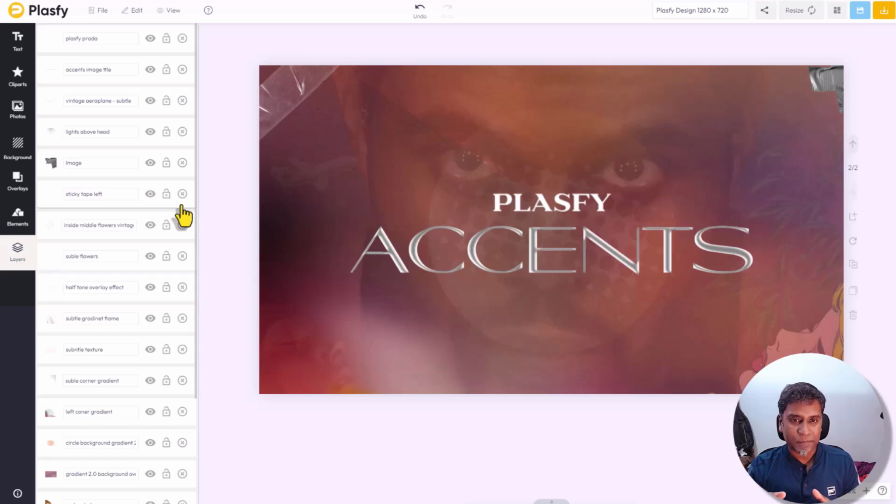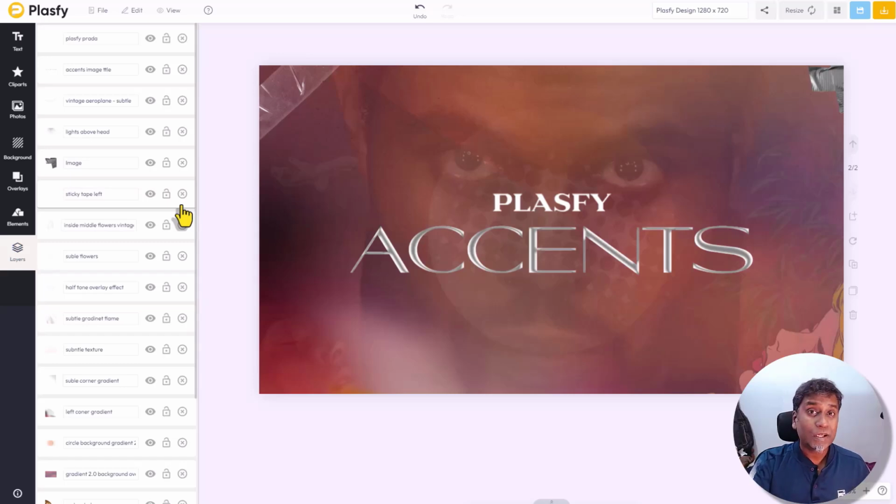So whatever Jasper did here, he made sure that those eyes were still the central highlight. So in your image, if you have a central highlight, just don't cover it up with all sorts of overlays and textures and gradients and accents. Make sure that it still remains the central focus, but you can add these accents to the other portions of your design just to give that design that needed lift, if I may say.